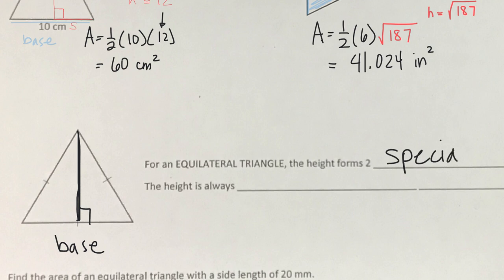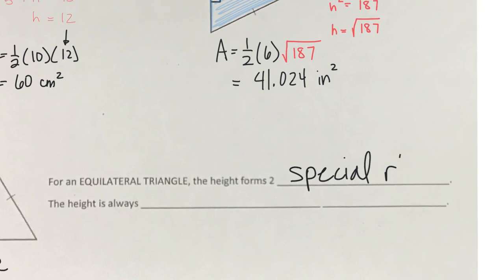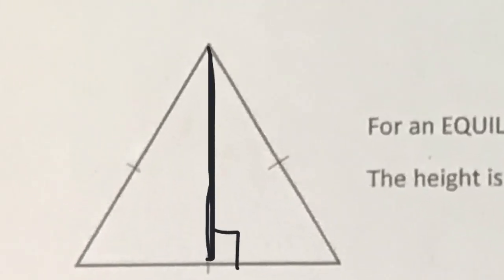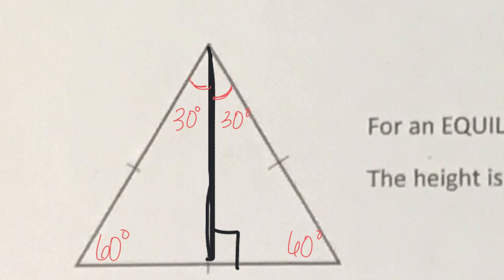special right triangles. How do we know that these are special right triangles? That's the question. What are the angles of an equilateral triangle? 60 degrees and 60 degrees. And, well, what also happens is that the perpendicular bisector bisects that angle also, so this one has to be 30 and this part has to be 30. Okay, so in every one of these equilateral triangles, we have ourselves a special right triangle, a 30, 60, 90